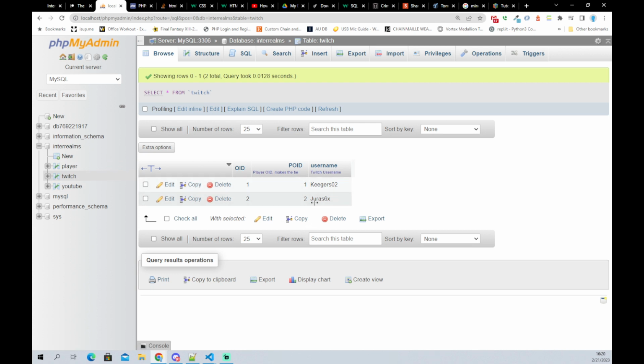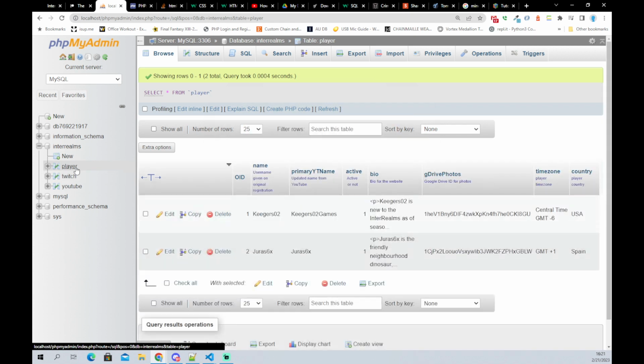And we need to say, okay, now we need to compare the active player IDs with the usernames and pull those in. Cool. You know what? We're going to add someone to this one because I need test data. Right now, I've got myself, I've got Jurassics. We need to pull someone else into this database that isn't active as a content creator. Got a couple in mind.